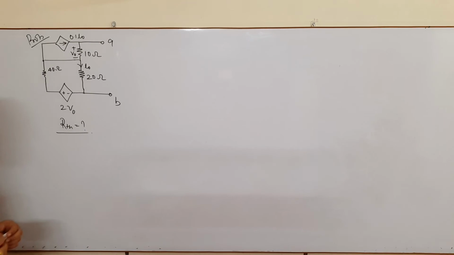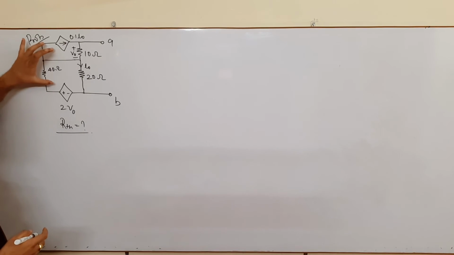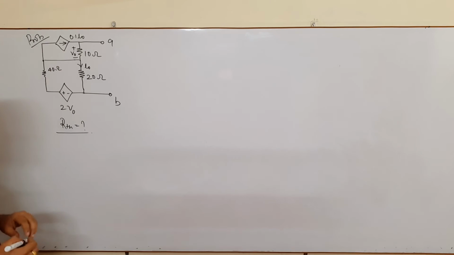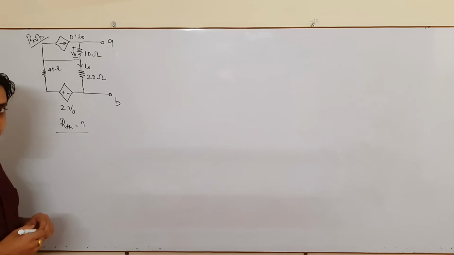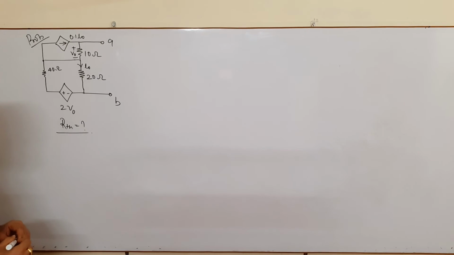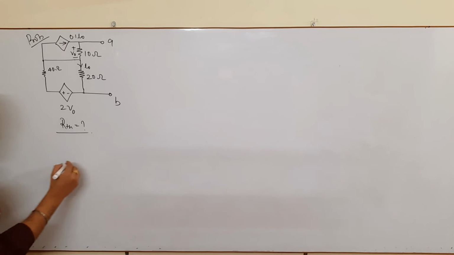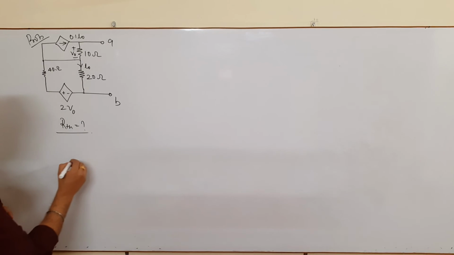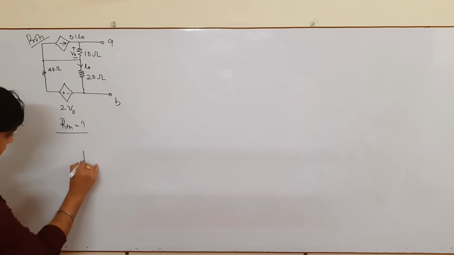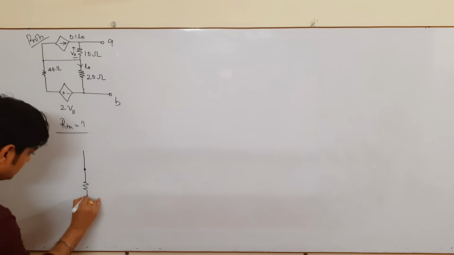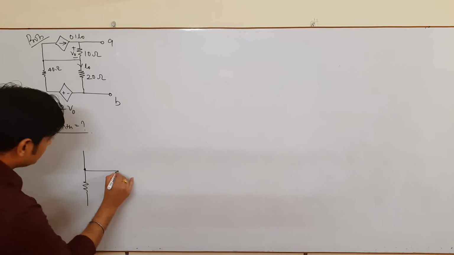Now friends, this is your next problem. In this problem, you have to find the value of RTH. Again, this is a specific problem in which 2 dependent sources are present with their dependency shown in the network. So basically you have to directly find the value of RTH. Okay, so first of all we see there is no independent source in this network, so we will redraw this network. Now please see, I am redrawing this network here. A little bit enlarged for our understanding.